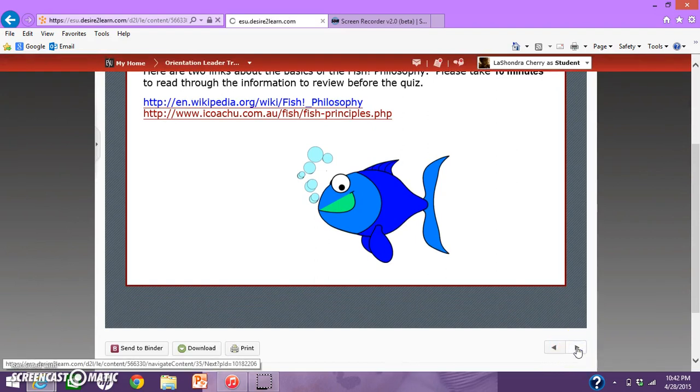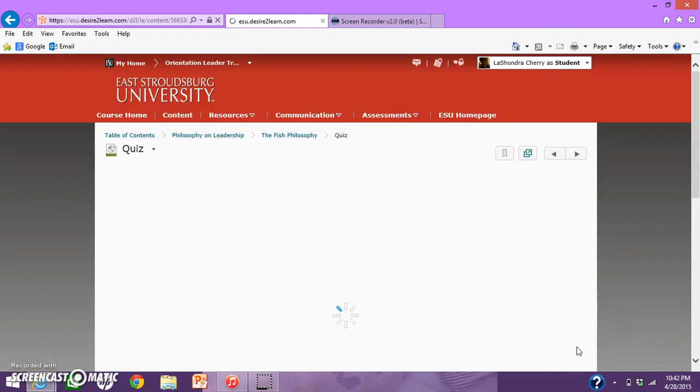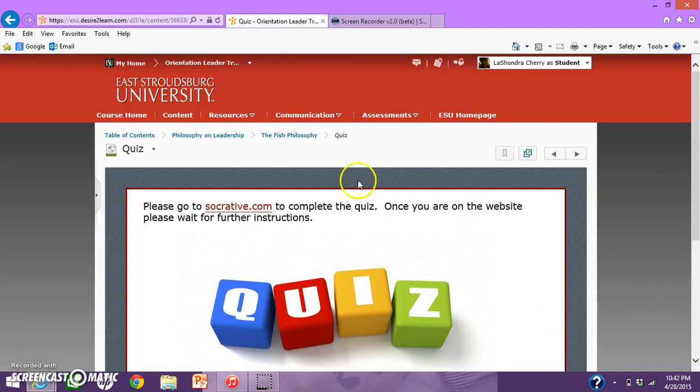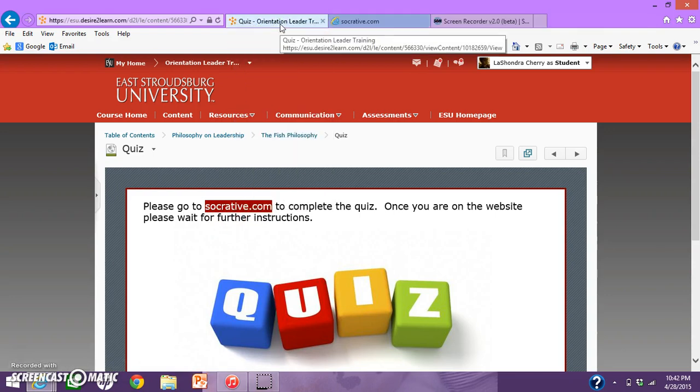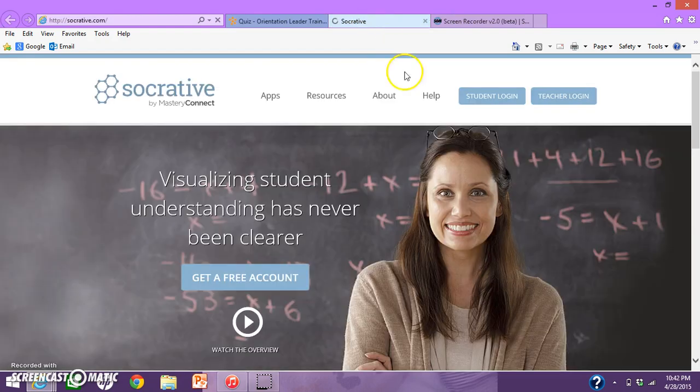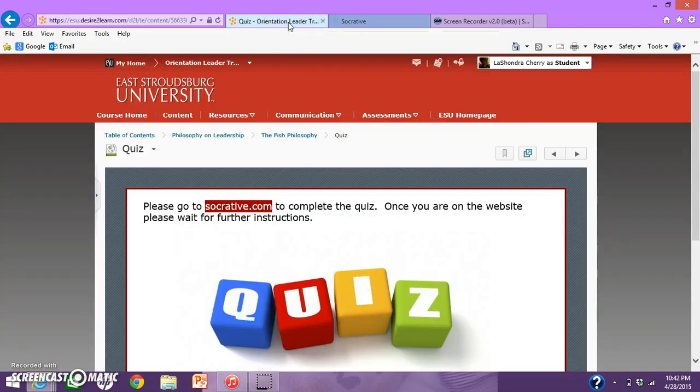So they will click Next, and they will be brought to a quiz. So the orientation leaders will open this in a new tab, and they will be taken to soccertip.com. They would do the student login, and then they will complete the quiz. Now, for time purposes, I'm not going to go through the quiz right now. Okay, so after the quiz,